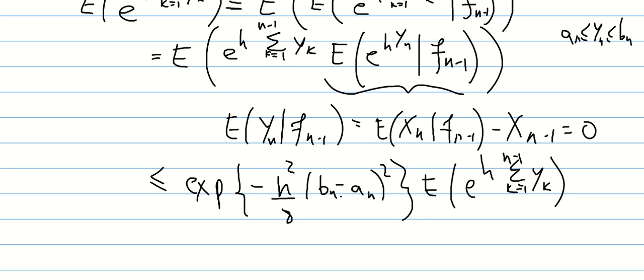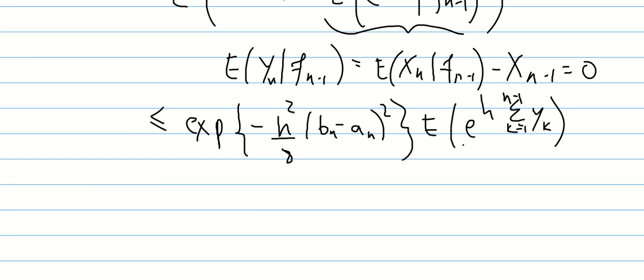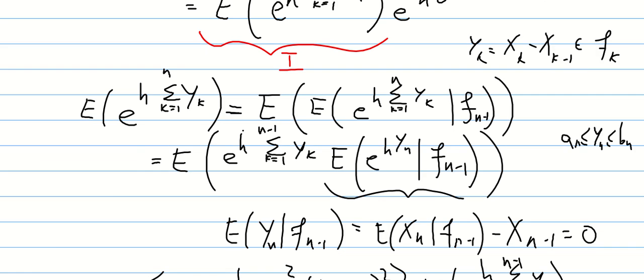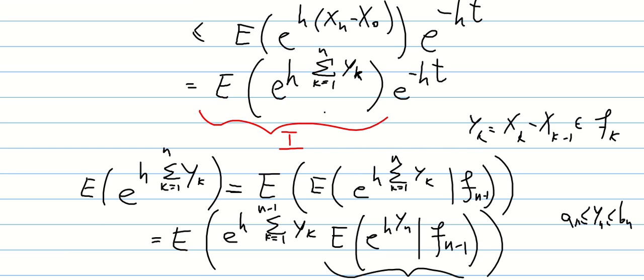And we can use induction because we just removed one term here, and we can use induction in all the terms to get, in the end, the exponential of minus h squared over 8. This is the common term, and then you get a sum from 1 to n of (bk minus ak) squared. So in the end we obtained the bound on this exponential